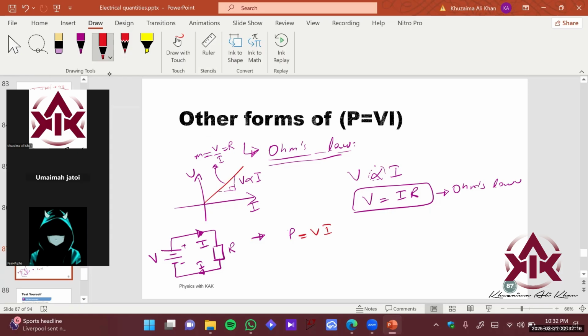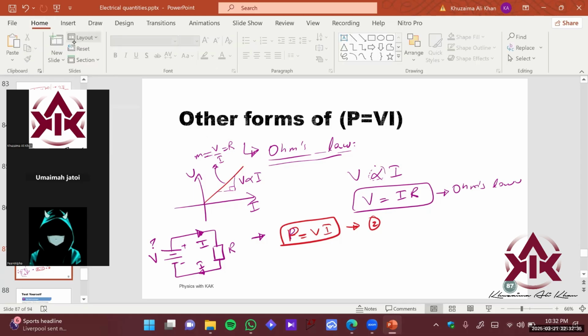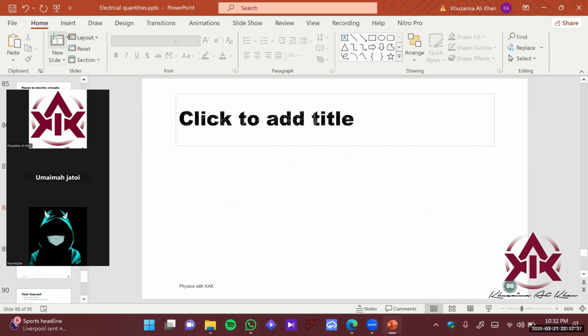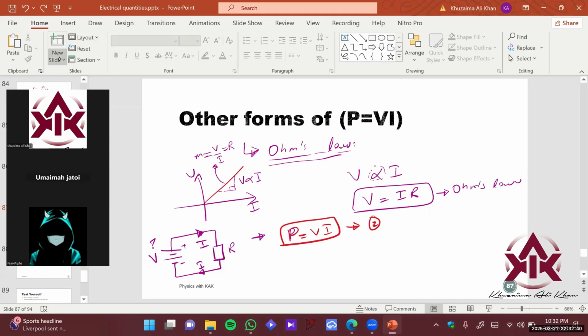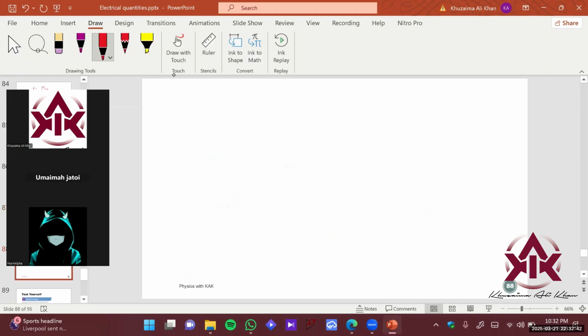But what if in the question you don't know the voltage? You know the current and the resistance. Can you find out the power that is consumed by the component? The answer is yes. Let's see how. Now we have two equations. The first one is power equals VI. And the second one, which is Ohm's law, is V equals I